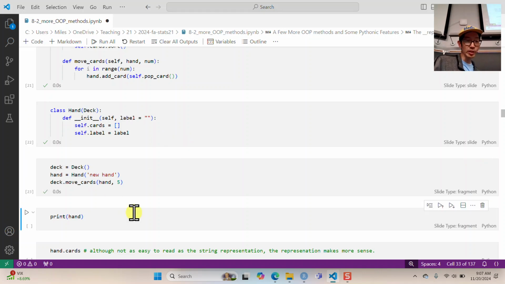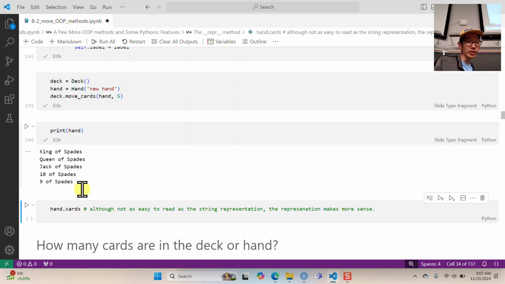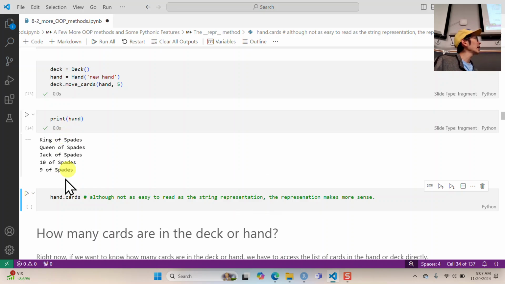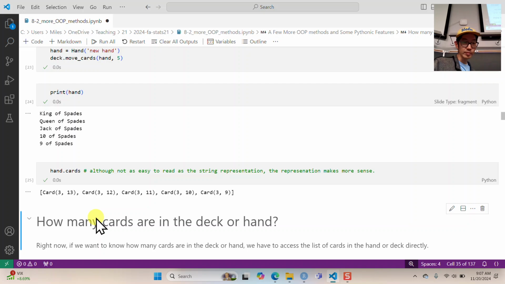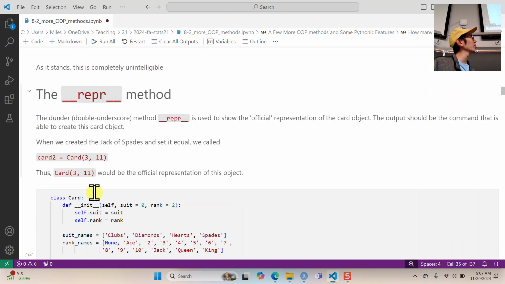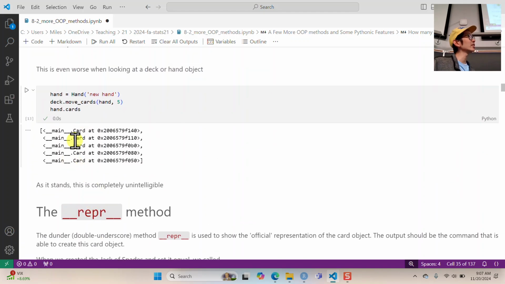I can print, and I'm going to create a new hand. I'm going to move 5 cards from the deck into the hand, and so I can print out my hand. And then if I ask for the attribute hand.cards, which is a list, I get a list with the card representation objects, right? Card 3, 13, 3, 12, 3, 11, 3, 10, 3, 9, which, again, is not as readable as calling print on the hand, however,